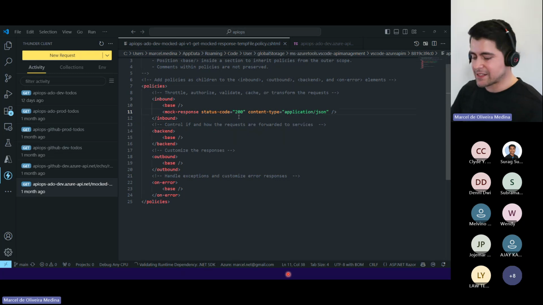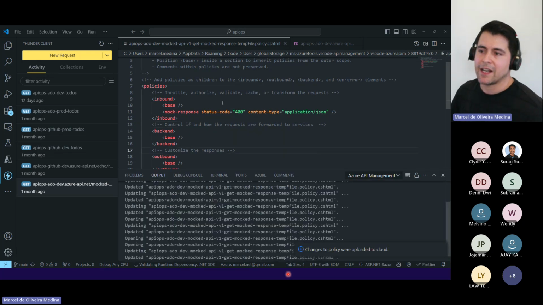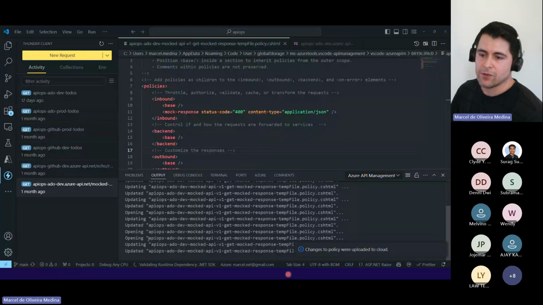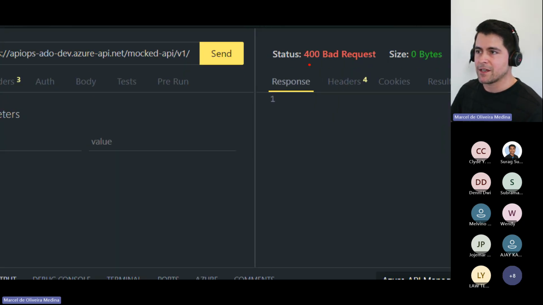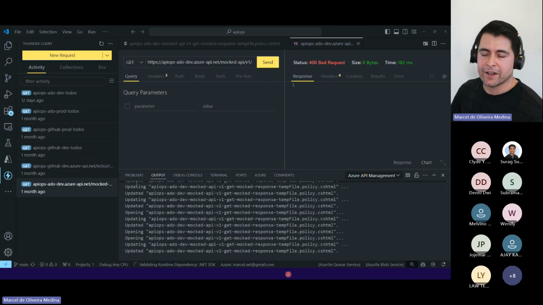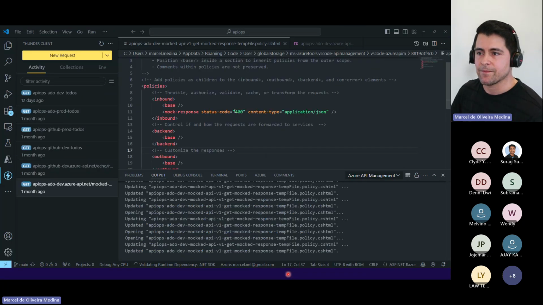Because I have direct access, I could say I want to save this to return a 400. So it has updated in here, and now I have changed it to 400. So this one should no longer be 200, it should be 400, right? And that's what I got. It's something that we can fully control with this extension.